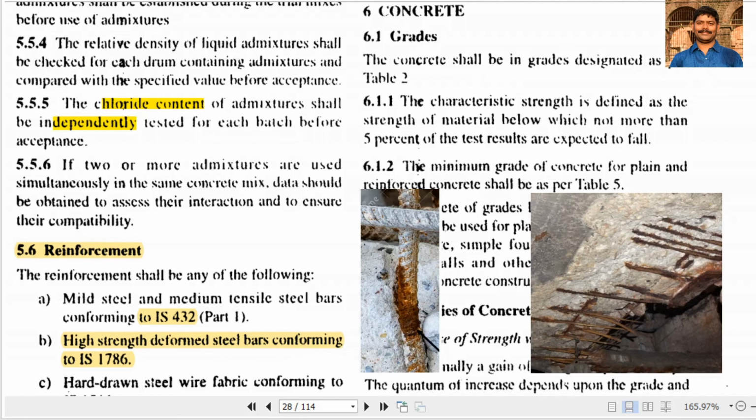The chlorine reacts with our reinforcement and reduces its strength, as well as creating damage or cracks in the concrete. We should be careful of the chlorine content and the sulfate content present in the concrete. Since chlorine and sulfate are two major components which affect the performance of the concrete, we should be careful about the percentage of chlorine and the percentage of sulfur present in the concrete.